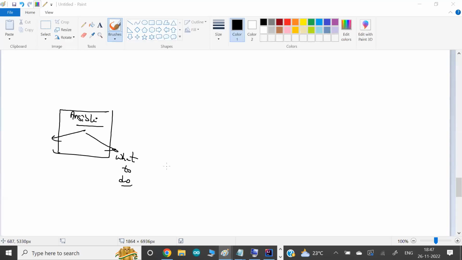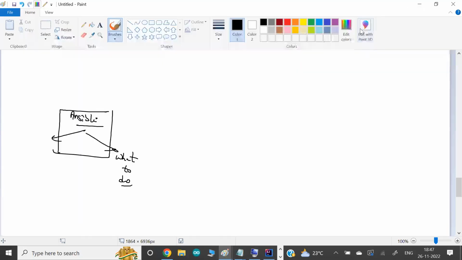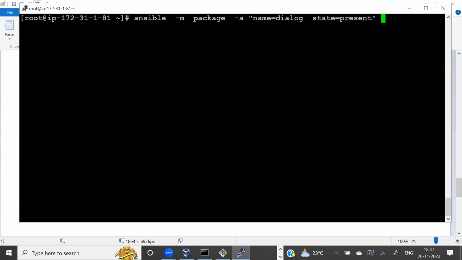That's what we wrote here. I want this package, this software, to be installed with this name and presently installed. How? We haven't even told it, right? I don't tell the command yum or apt-get. Ansible will automatically figure out wherever they run.